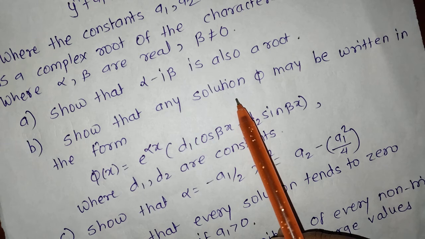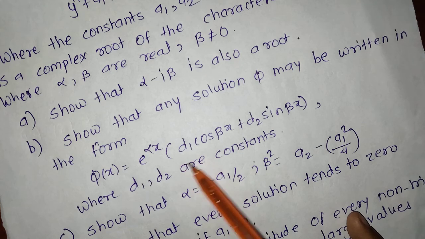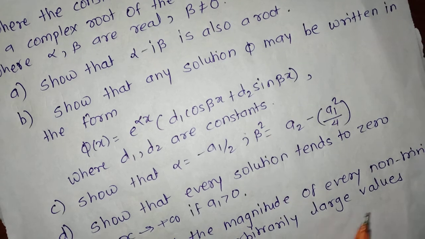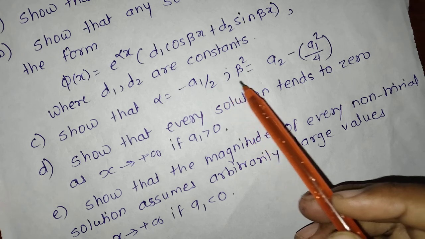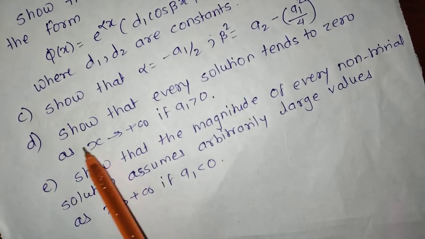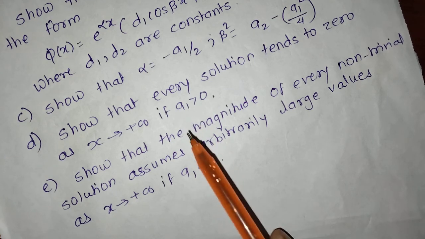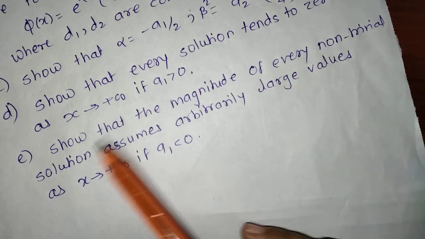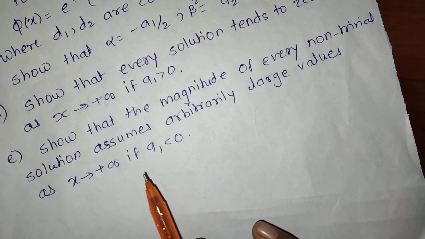Next, show that any solution phi may be written in the form phi of x is equal to e raised to alpha x into d1 cos beta x plus d2 sin beta x, where d1, d2 are constants. Next, show that alpha equals minus a1 upon 2, beta square equals a2 minus a1 square upon 4. Next, show that every solution tends to 0 as x tends to plus infinity if a1 is greater than 0. Next, show that the magnitude of every non-trivial solution assumes arbitrarily large values as x tends to plus infinity if